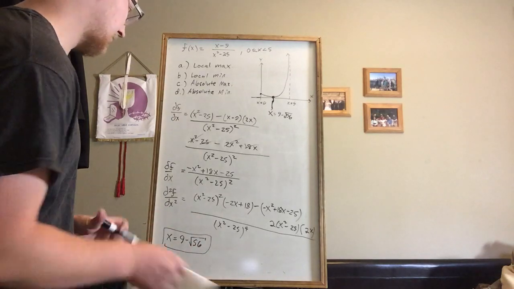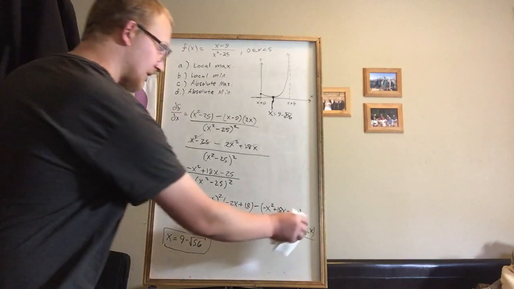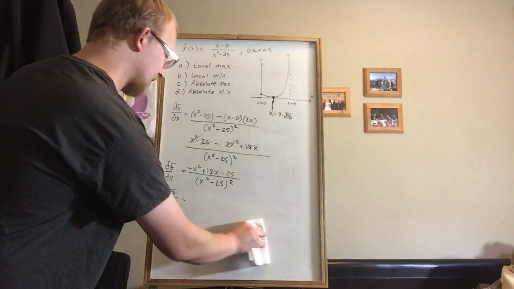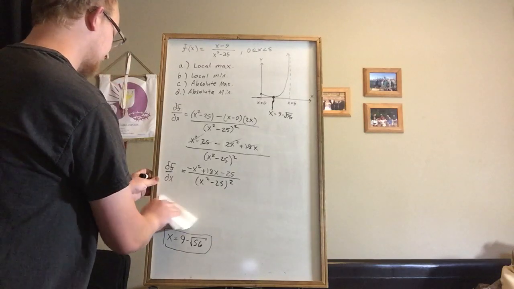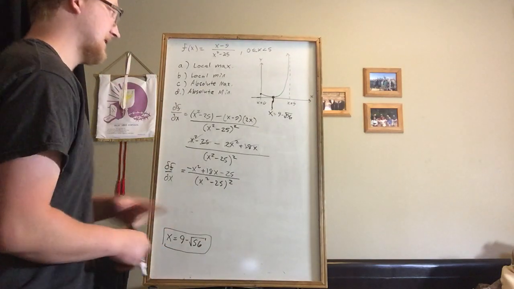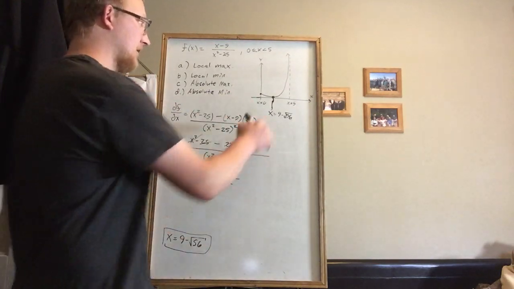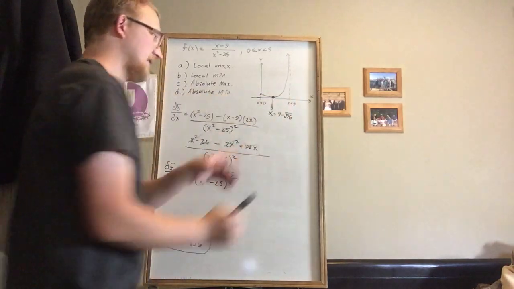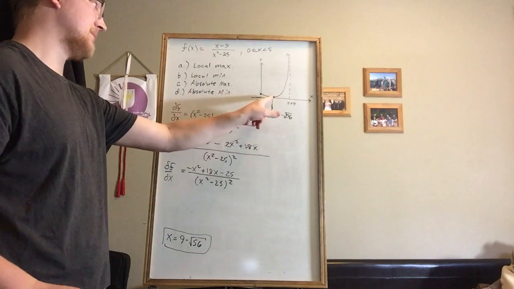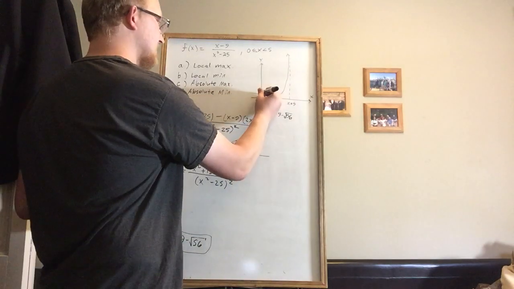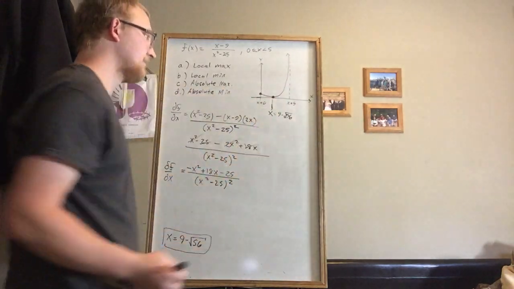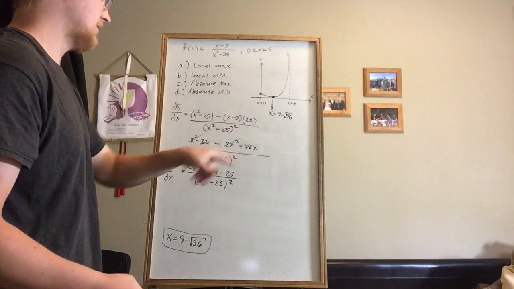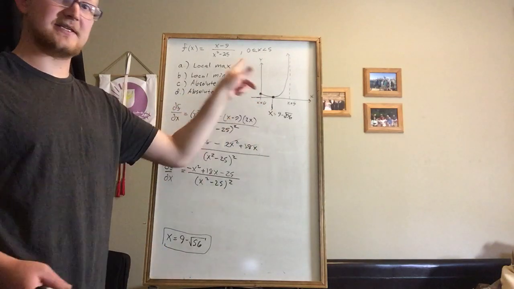So anyhow, at this point, I just really didn't want to do that math. It's a lot of plugging in numbers, and I just don't have enough board space for it. So what we're going to look at next is over here on the graph that we graphed on our calculators or on Desmos. You'll notice that this critical point we solved for is a minima, and that this is a maxima right here. And in fact, just by looking at the graph, we can tell that x equals 0 is